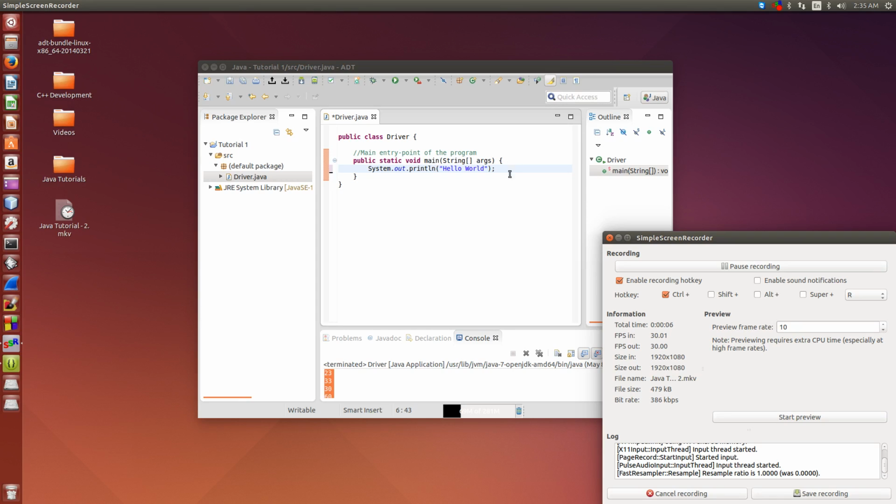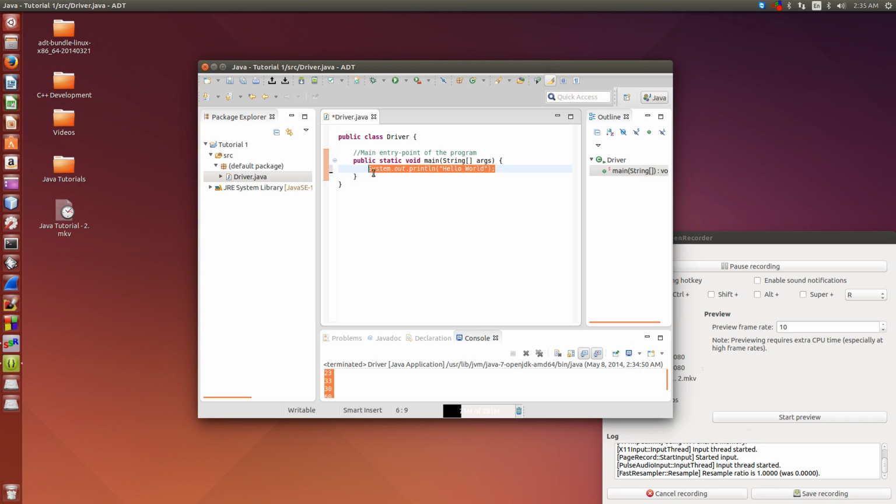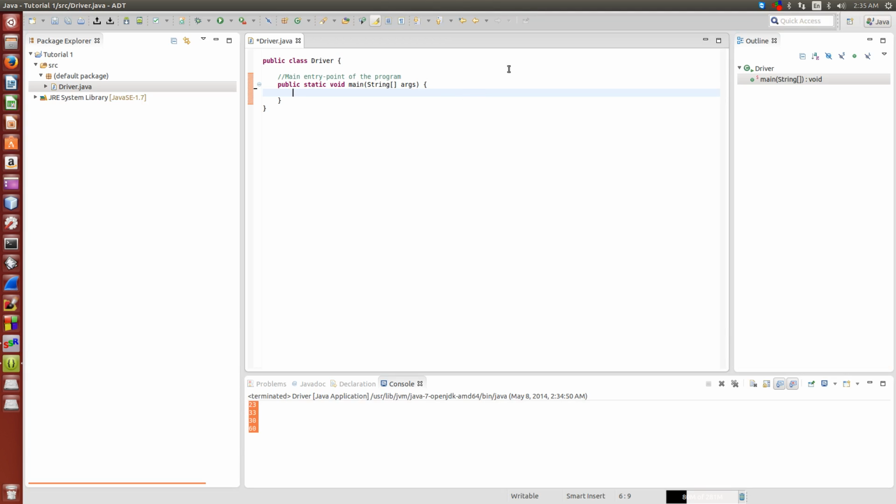In this tutorial we're going to be manipulating an integer variable. So first things first, we're just going to cut this line, that way we no longer have it but we still have it copied. And the next thing we're going to do is declare an integer, and we're going to call our integer I for short. With our integer, by default it has no value, so we actually have to set it equal to something. So we're going to set it to 23 because that's my favorite number. Now, just to make sure that we have it set properly, and we know that it's set to 23, we're going to do